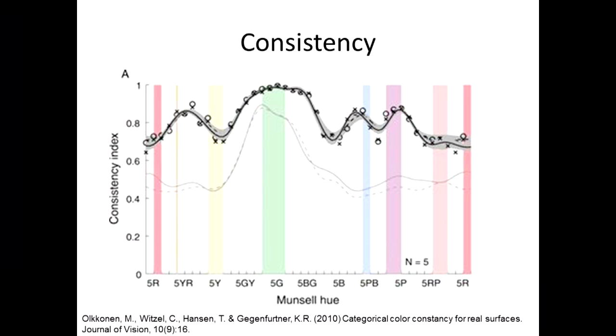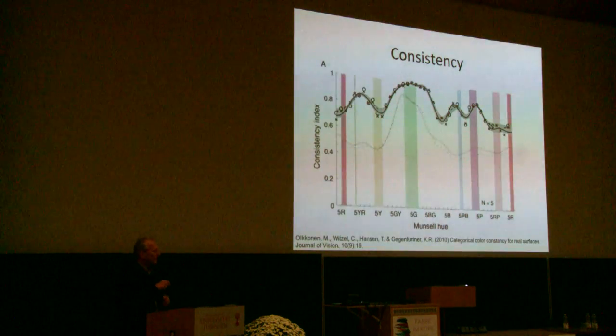And this shows that for this greenish category, this problem of a different color category doesn't even arise very much. But in the end, on average, we're at around